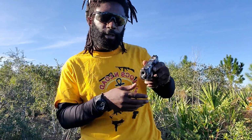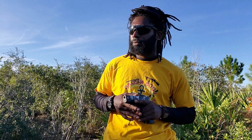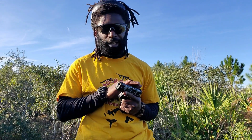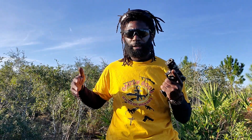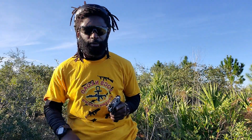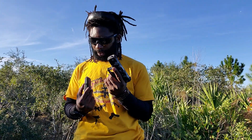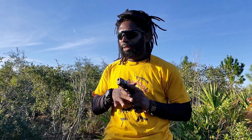All right, guys, we're at the range with the Lone Wolf Glock 19. So this is the shooting review part, and what we're gonna do is fire a few rounds. I'm gonna talk about how I like the sights, how I feel about the recoil, the trigger, and give a shooting review of this firearm before we go back to the war table and talk about other stuff. So we got some aluminum case ammo, 115 grain, I think Federal,